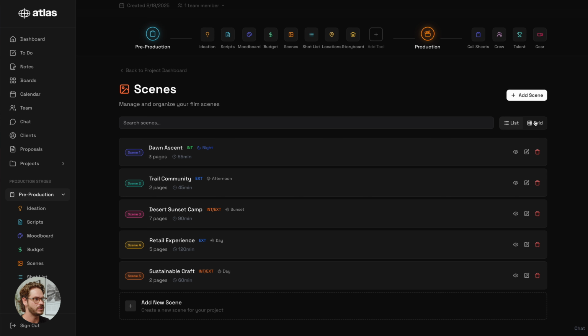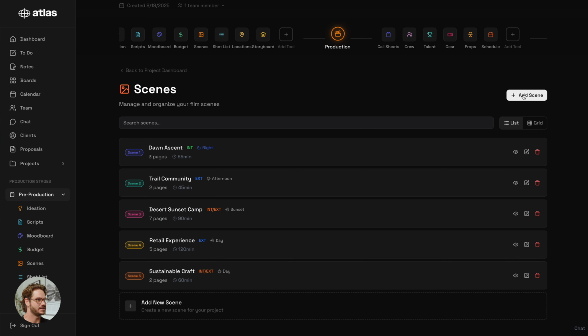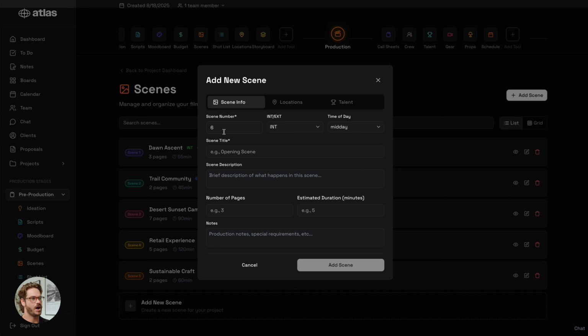You can change the view from list to grid to get a different look. Click the view more icon, and you can also see what talent and locations are assigned to that scene. So let's go ahead and add a scene here. As you see, it auto-populates a number in sequential order. If we added a new scene title, Cabin in the Woods,